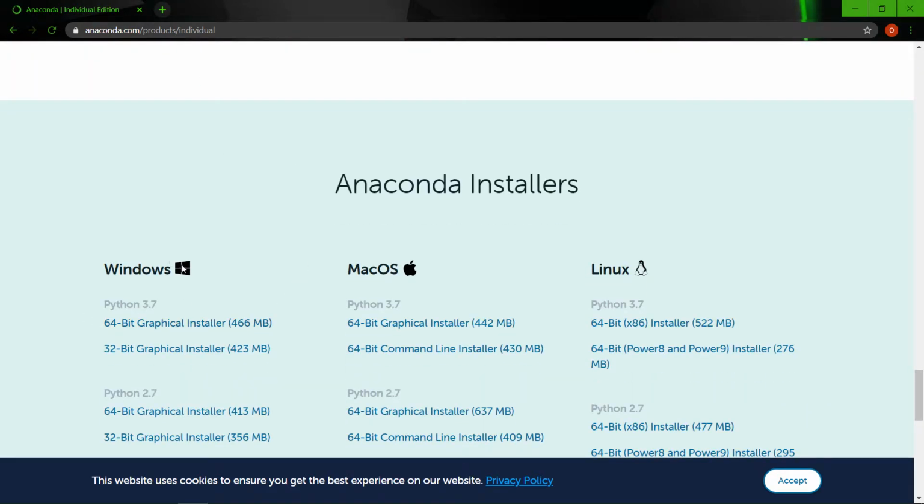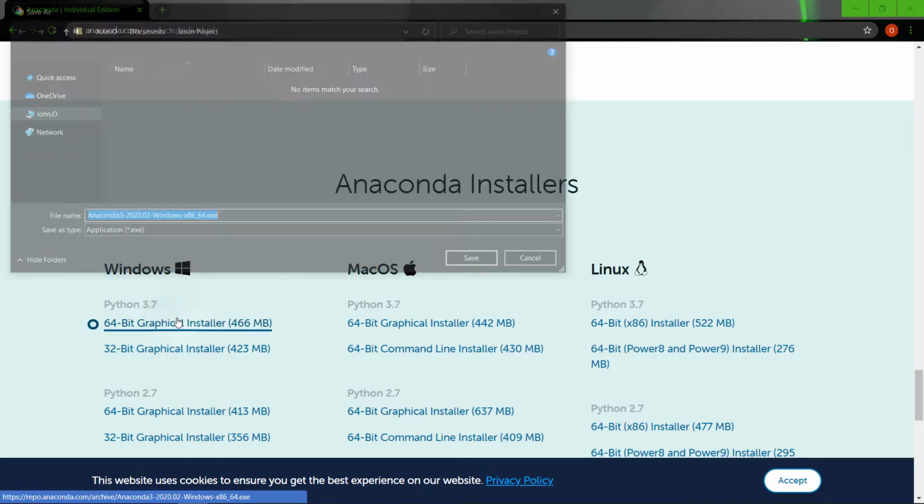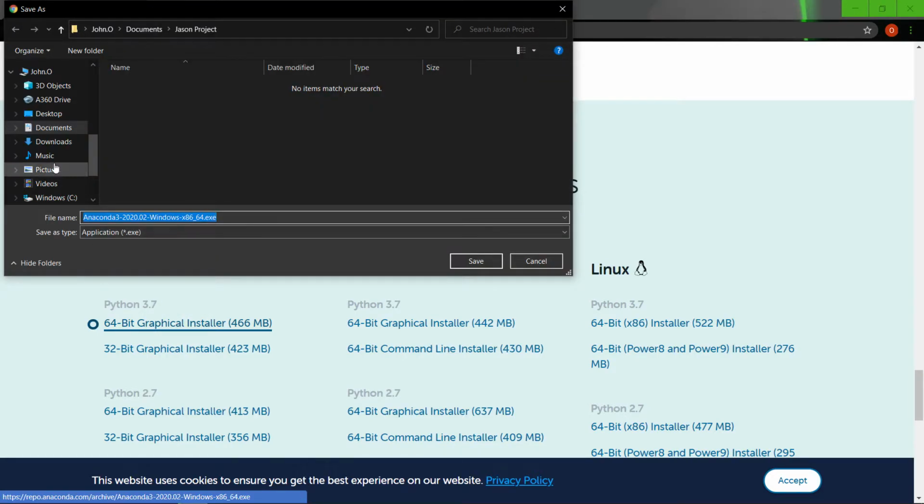It sends you straight to the bottom and tells you to choose whatever OS you're using. I'm using Windows 10. If you're using a Mac or a Linux OS, you choose whichever is best suitable for you. Now you can choose between Python 3.7 and Python 2.7. I'll advise you to choose Python 3.7. You click on that and you can choose where you want to